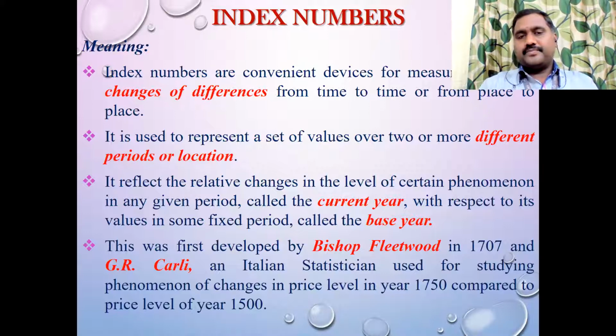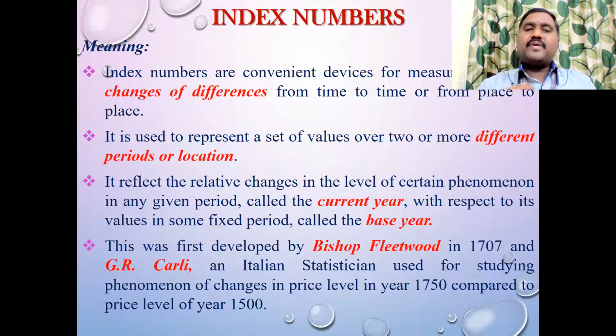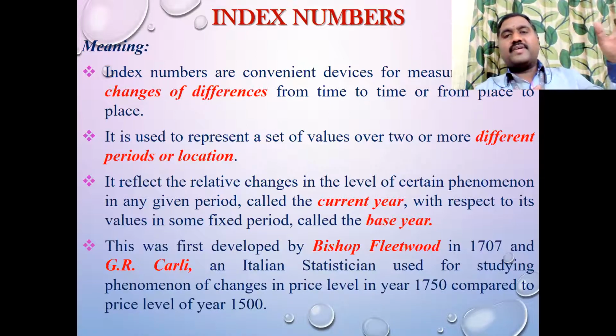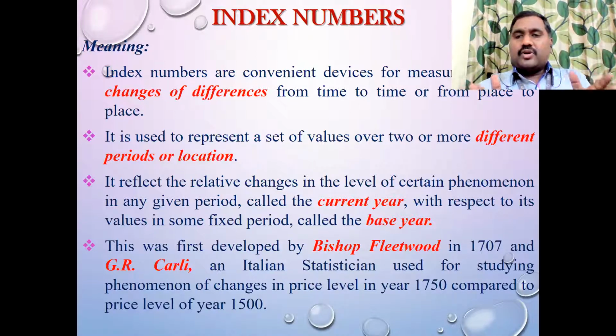So, different periods. When you are measuring these changes by comparing the present given period, that is called the current year, with some fixed period, that is called the base year. The corona pandemic situation started at the end of 2019. So you can compare the usage of vaccination, oxygen, or any other medical equipment related to COVID, all with 2019.